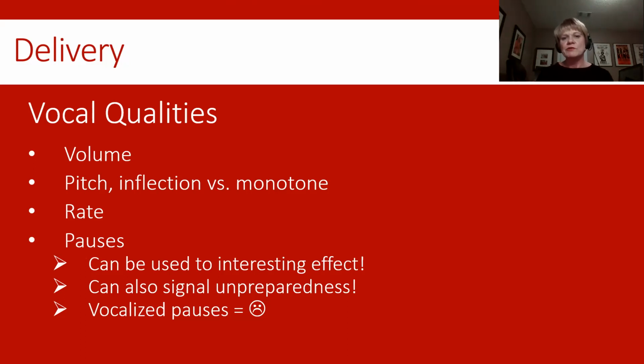A monotone type of voice really doesn't vary the pitch very much, doesn't vary the volume very much, and doesn't have really any inflection. And it can be kind of boring. If I were to give a class like this for the 2 hours and 15 minutes that we have every Tuesday, I think after about 15, 20 minutes, most of y'all will be ready to walk out. So that's why I use a lot of pitch and inflection,